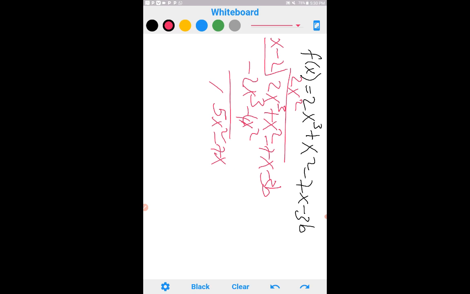So now 5x squared we divide and we have plus 5x. We multiply, we have 5x squared minus 10x, we subtract. So now you have negative 7x minus 10x. So this gives you